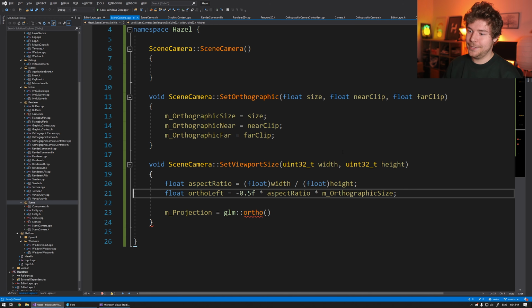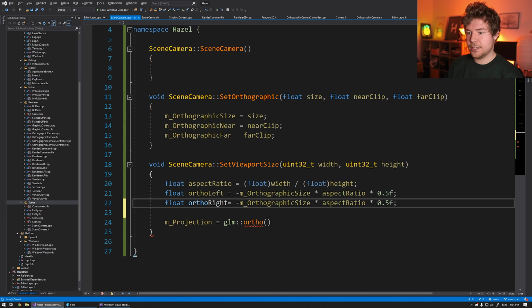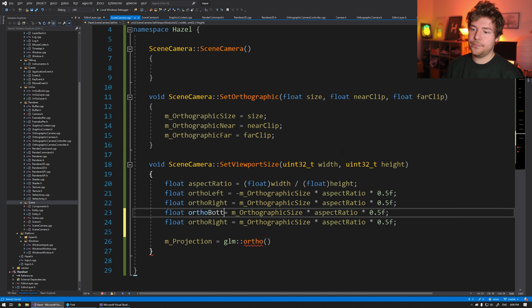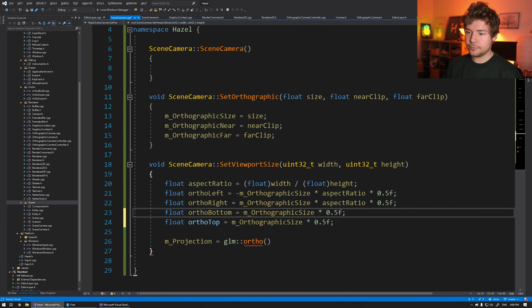Negative. Okay, and I think I want to write this in reverse just for clarity. Minus ortho size times aspect ratio times 0.5. Does that make sense? I think it does. And then ortho right is obviously going to be the same, but it's going to be positive. And then ortho bottom and ortho top is going to be the same without the aspect ratio. There we go. And then obviously ortho bottom should be negative. Okay, so that is our orthographic matrix calculated from a single size variable based on the aspect ratio of the